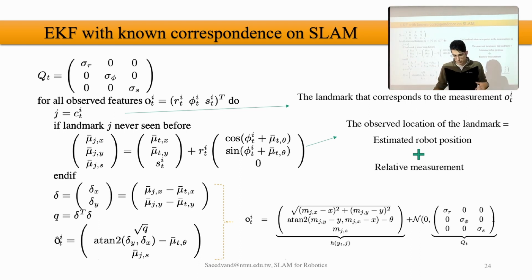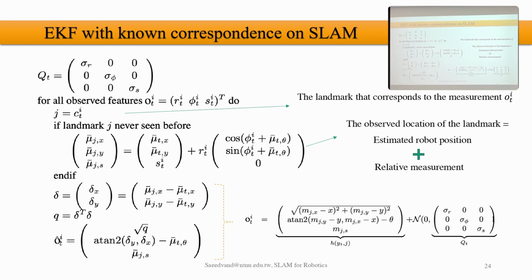So these relative measurements come from the range and bearing of the observation. It means that the robot moved to some location. I'm talking about one of the landmarks because we are in the for loop, doing this for each one of the landmarks. So for that landmark, it is the first time that I'm seeing it. If this is the first time, based on the robot pose and the observation, range and bearing, I'm going to initialize it, okay? After initialization,